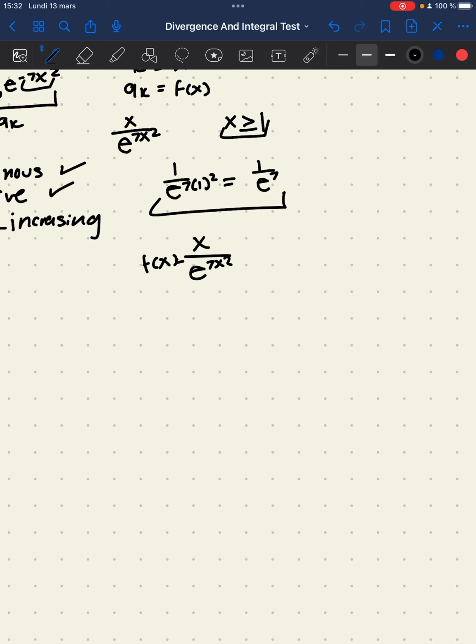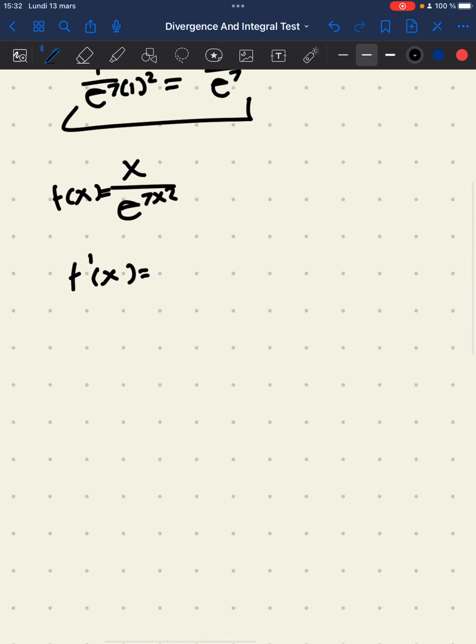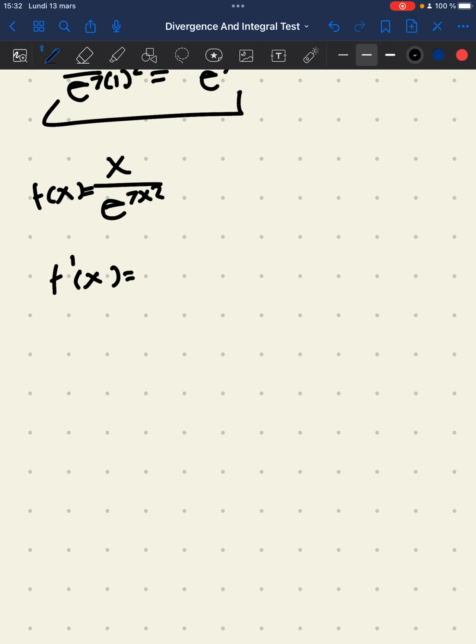So f of x, this is the original function. So f prime of x is the first derivative of this function. What the low d high, high d low formula states is that you take the low, whatever you have from your low, 7x squared, times the derivative of your top, minus, where it's low d high minus high d low, so it's x times the derivative of the bottom,